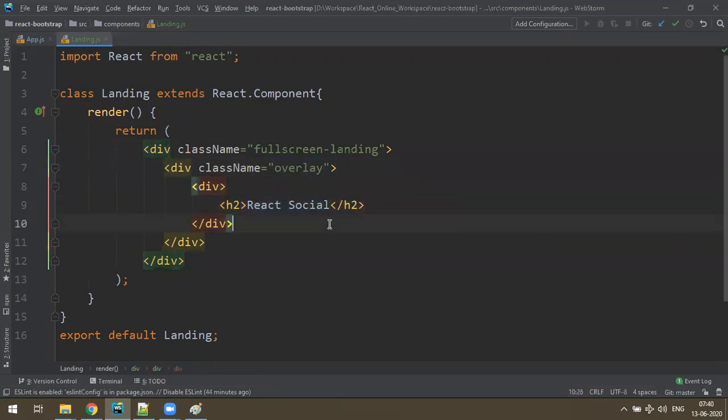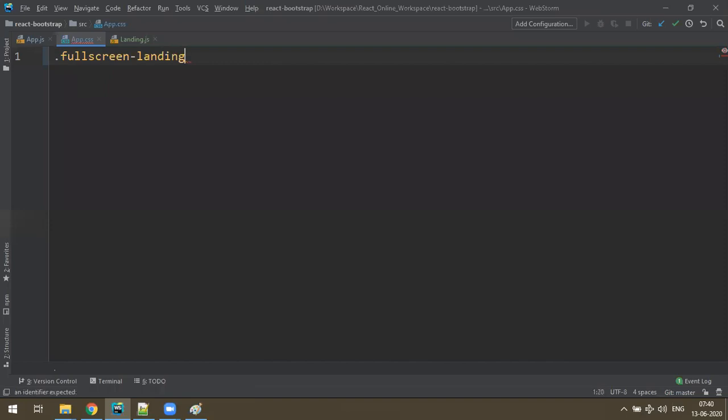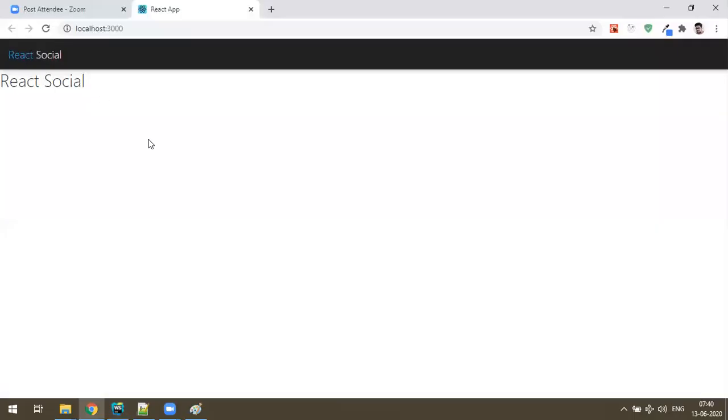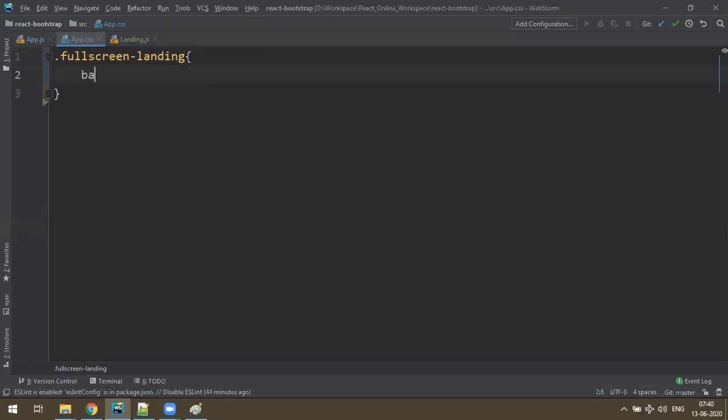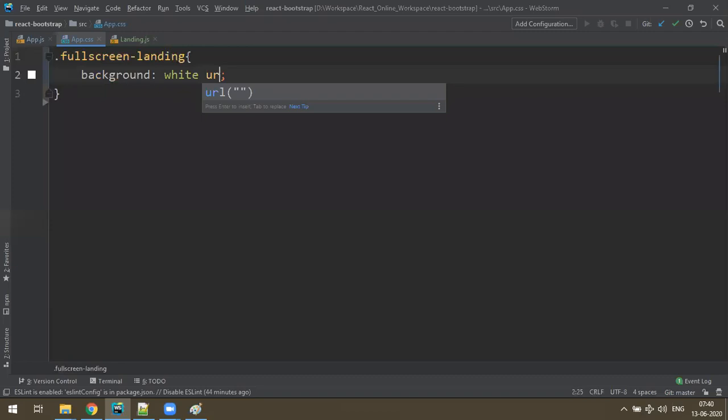Where are you going to write the styles? Here I'll use a global style sheet called app.css. So .landing. What I want to do is give some background, some URL.